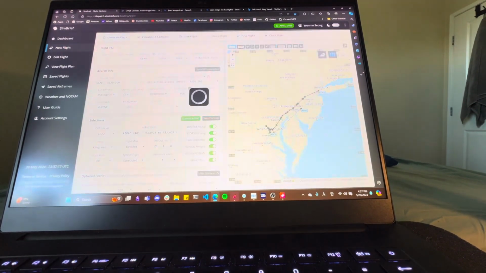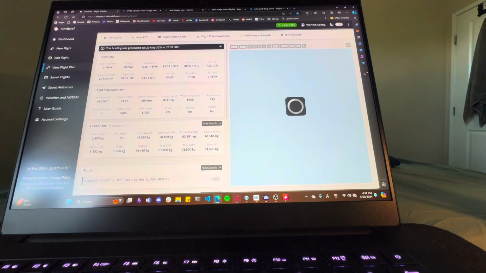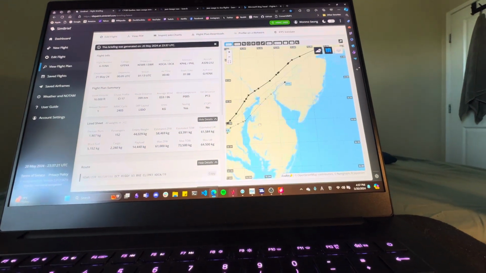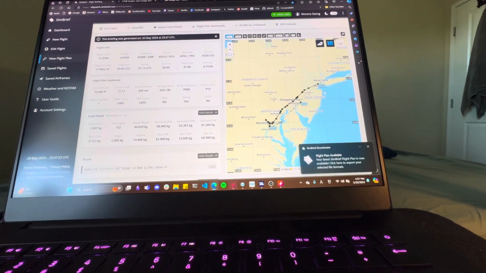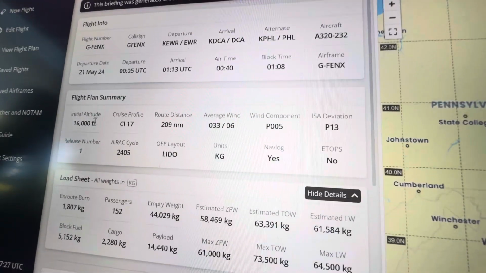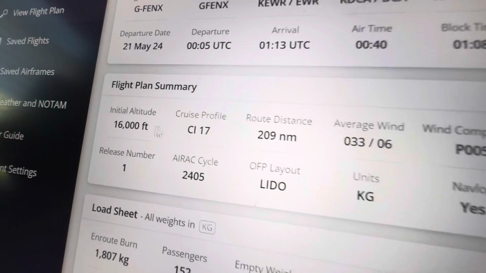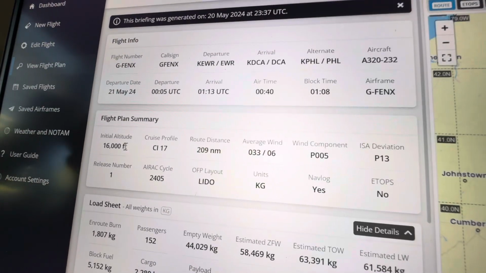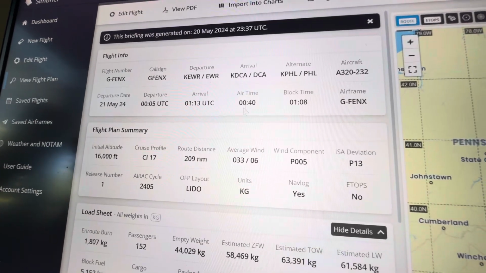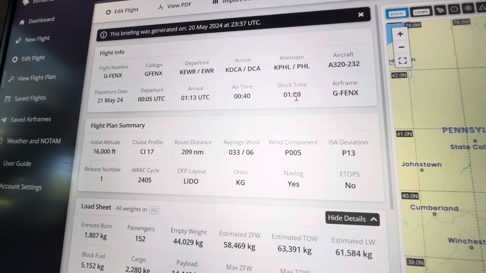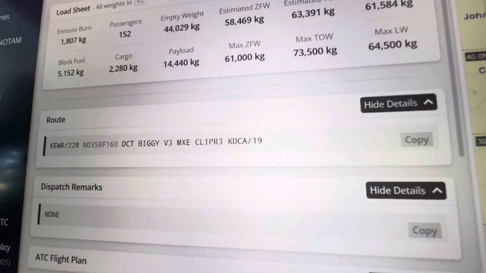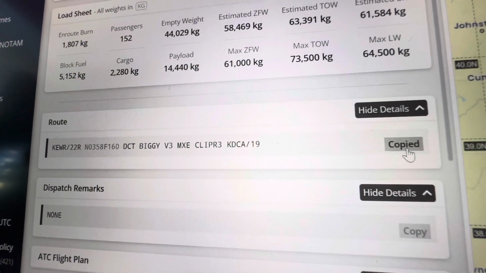So it's gonna be from Newark, obviously, to DCA. That's fair. Right there, you got the cost index, which is really important to memorize. Initial altitude, flight level 160. You get the air time, you got the block time, and then you got the route. You can copy and paste this to VATSIM,